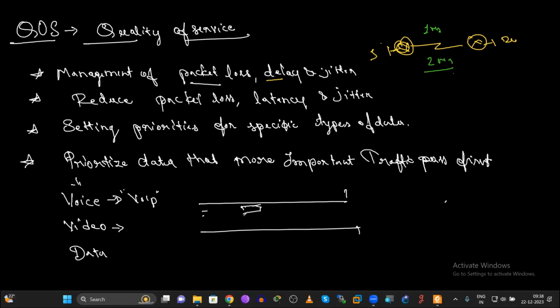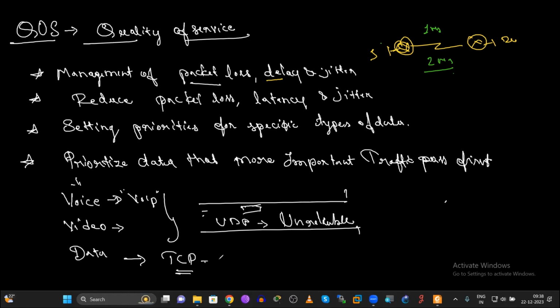Then comes the data. Because voice and video use the UDP protocol, user datagram protocol. This user datagram protocol is used for real-time transactions. Whatever transaction is happening right now, that data needs to be sent at the same time. We don't have time. For example, to send regular data, we use a protocol called TCP. In TCP, we have sufficient time. TCP is considered to be reliable. UDP is considered to be unreliable. Unreliable is nothing but it delivers the packet as early as possible.